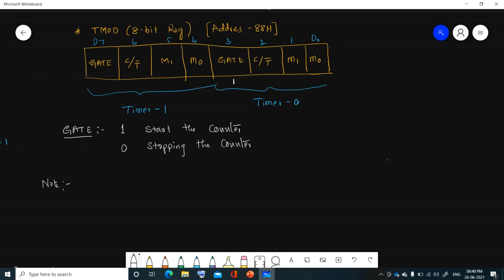Starting or stopping the counter can be done in two methods, whatever the timer. One is the hardware method, like using the interrupt or reset. If you want to start the counter or stop the counter, we can use an interrupt,